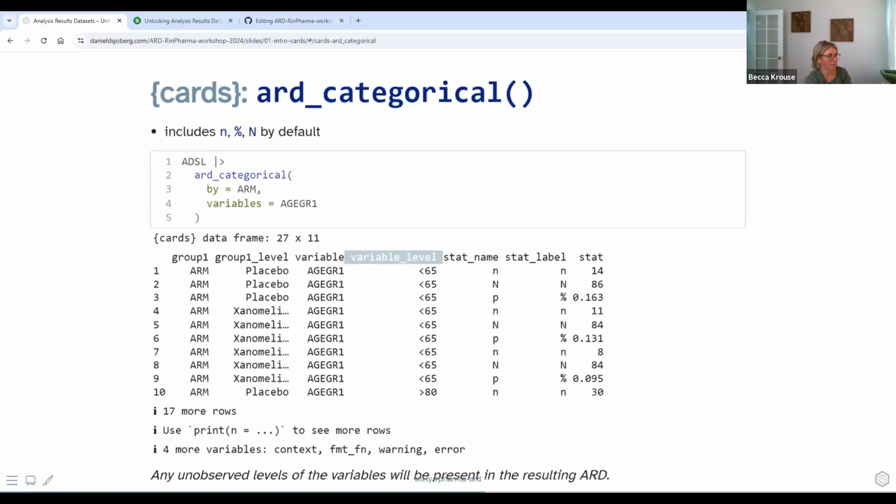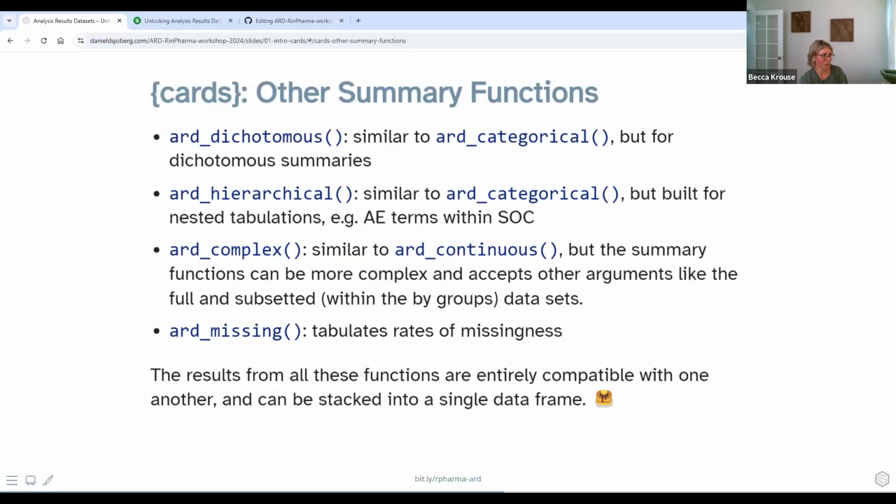All right. So very briefly, this is information for later because we don't have a ton of time to cover all of this, but there are other summary functions as well. Dichotomous, hierarchical, complex, missing, they're all important in their own way. Some of them are intuitive, like dichotomous summaries. Hierarchical, we're going to get into in the next part of this section, but it's basically specific for your hierarchical